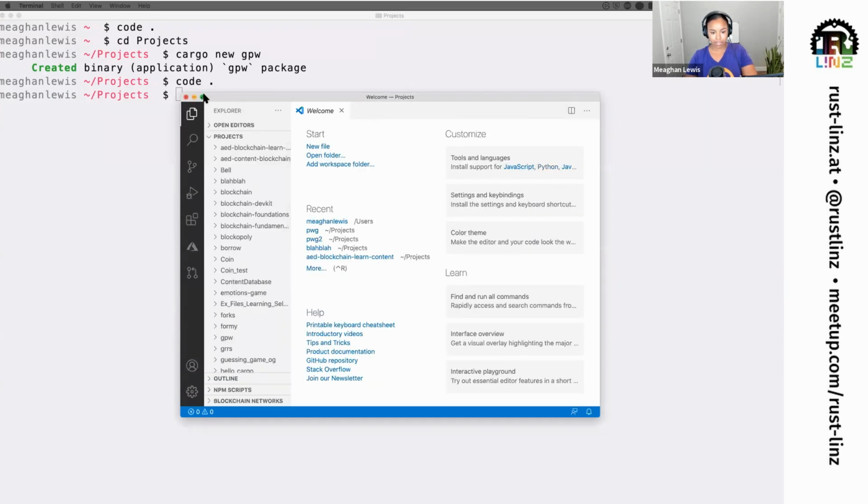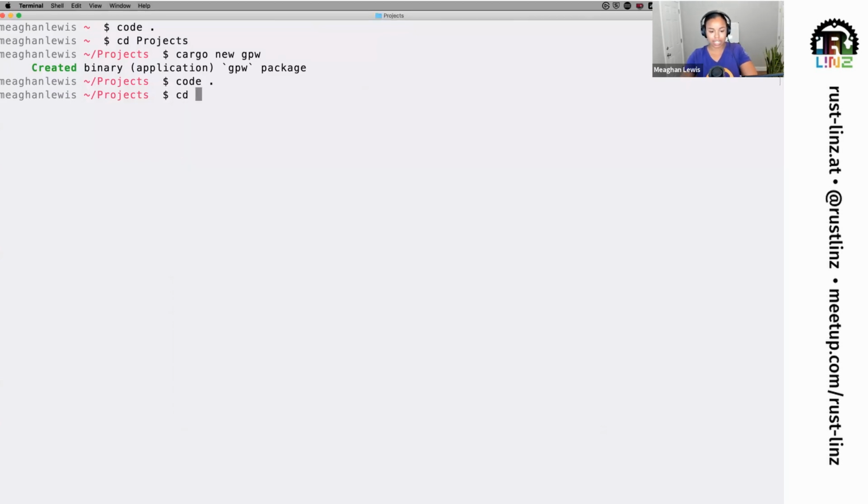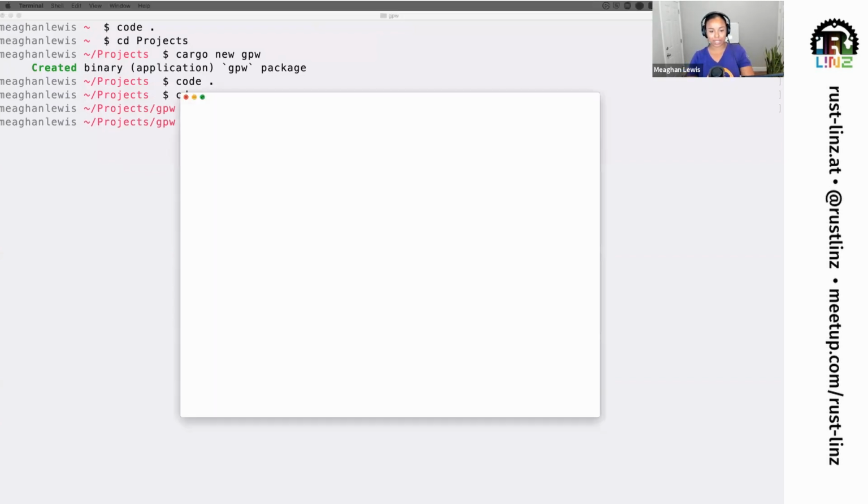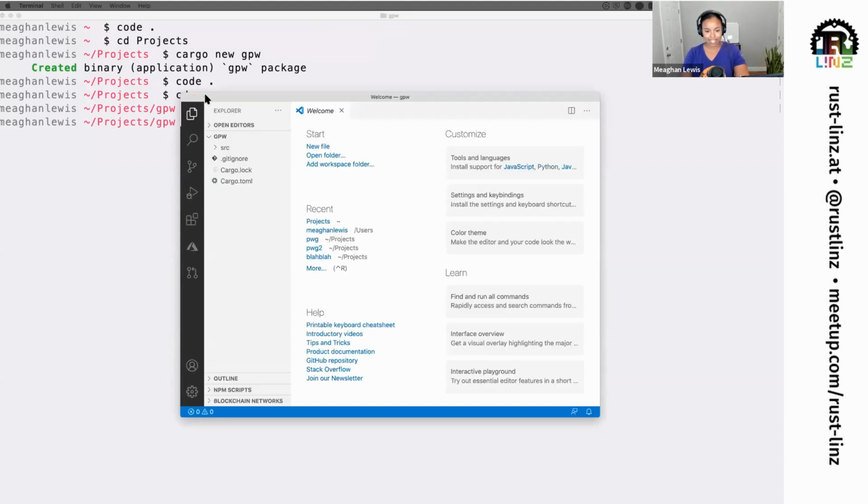All right, oops, sorry, one second. I actually needed to CD to that directory. And now let's open this up in code and not my whole projects directory. Okay, and while I do that, I also do want to make sure that I can see the chat in the background. And of course, I do encourage you to ask questions, so I'll try to keep that up.